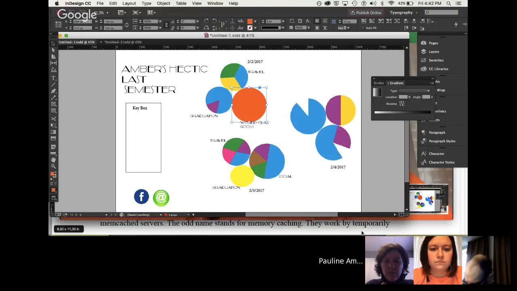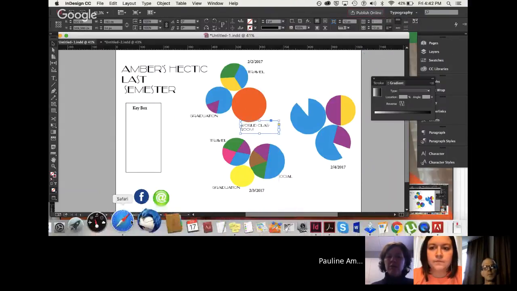Okay. So think about, if you're going to title your visualization as being a hectic last semester, you have a delicate line, because you want to present information in an organized way so we can understand it. But at the same time, how are you going to visually communicate this hecticness? Do you know what I mean? Yeah, maybe I should use different words.